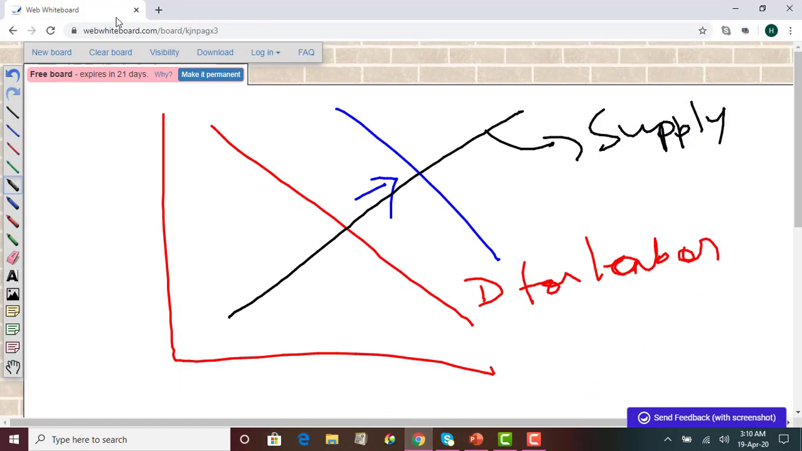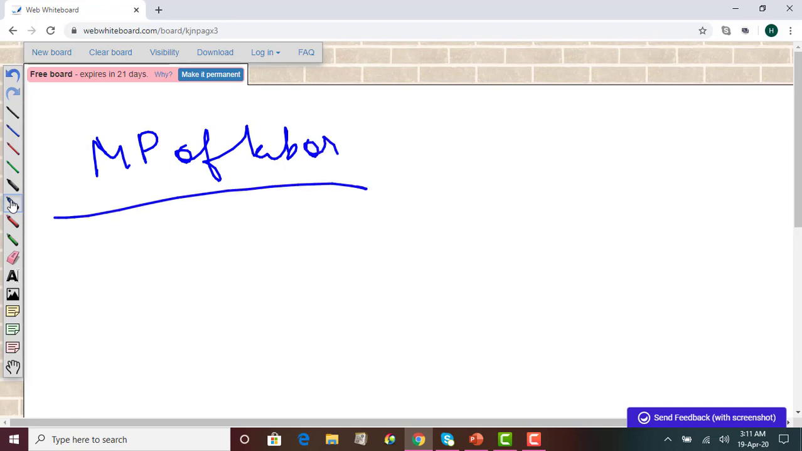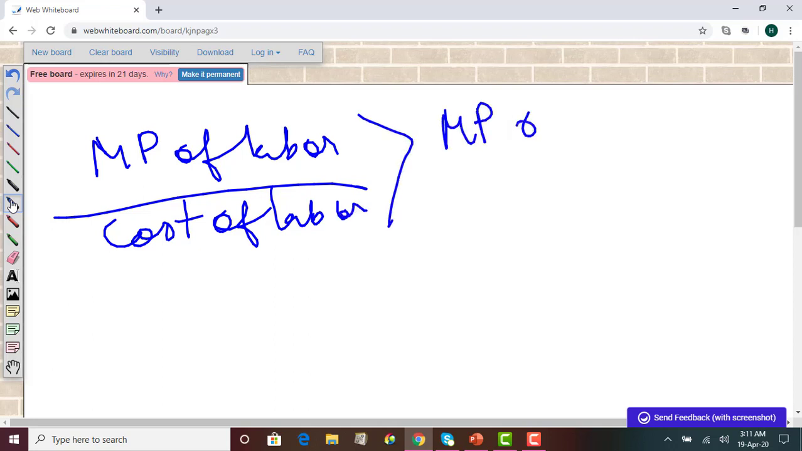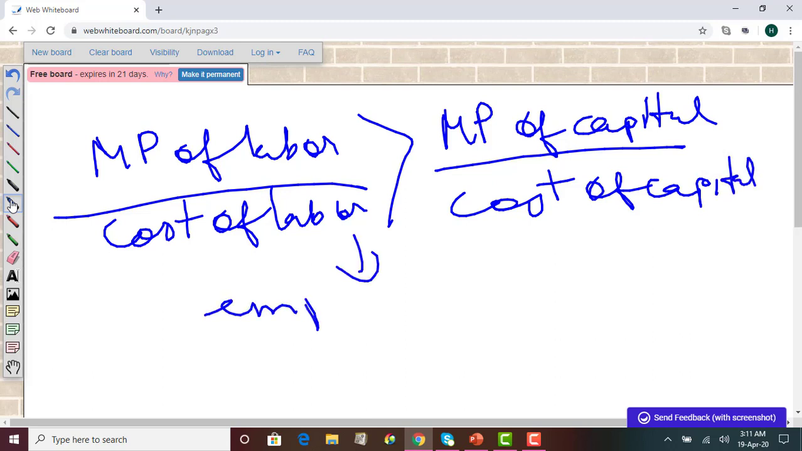So what we are trying to say is, if marginal product of labor divided by cost of labor is greater than marginal product of capital divided by cost of capital, in this scenario we should employ more labor, because here the marginal productivity of labor is more than capital,